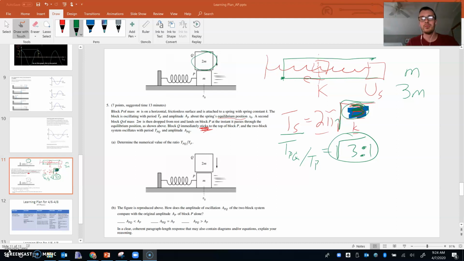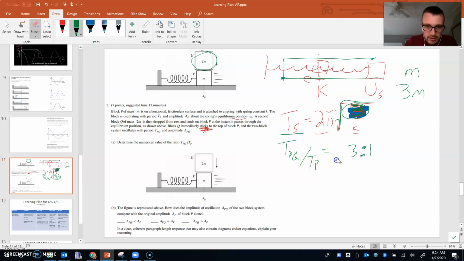All right, now that's greater than 1, it's less than 2. So let's just call it, I don't know, you probably know what the value is. But it's going to take longer for that heavier block to go back and forth. And that makes a lot of sense if you think about that in the physical context. All right, I'm going to need to erase this because our next part of the question says the figure is